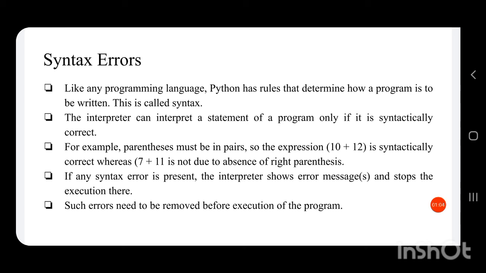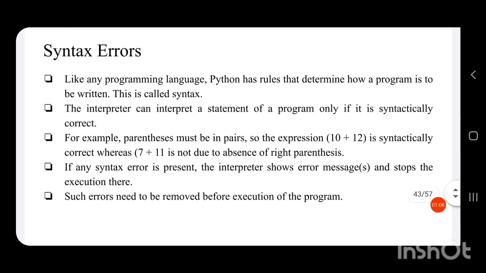So there are certain rules for writing a statement in a program, and it is called syntax. The interpreter can interpret a statement of a program only if it is syntactically correct. Then only the interpreter will execute that program.